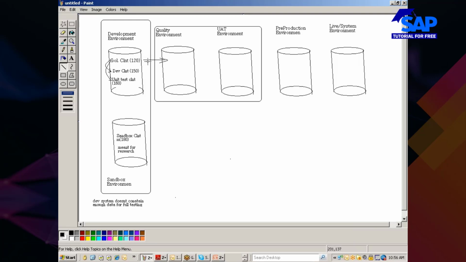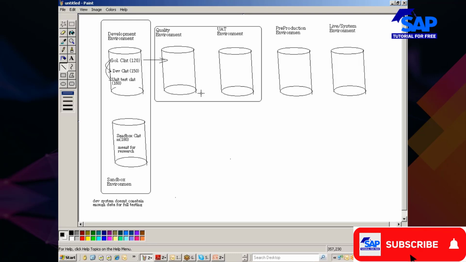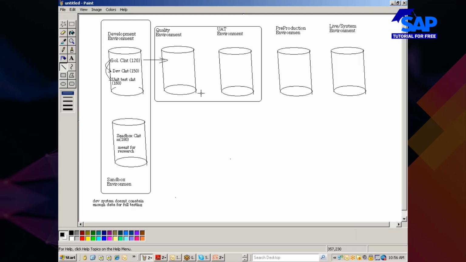So once the change is available here in the quality environment, like I said, if you have both a quality system and a user acceptance test system, here only the quality team works. Nowadays, the majority of SAP companies have their own quality assurance team, right?